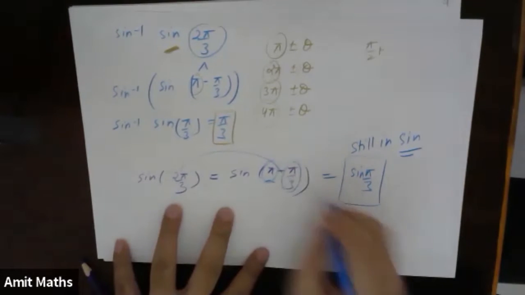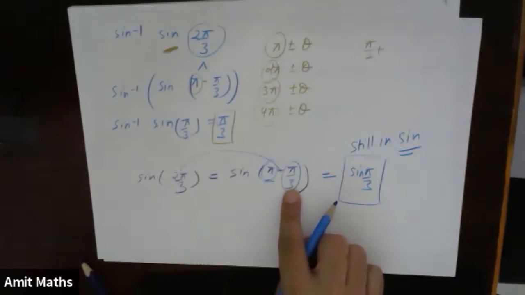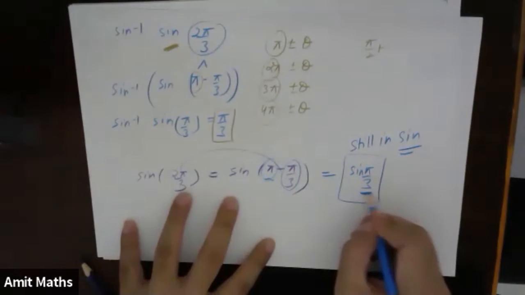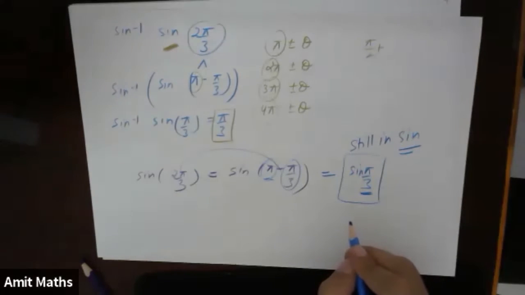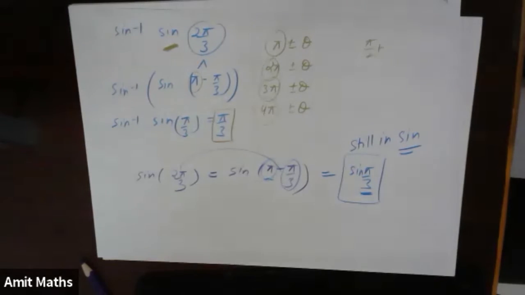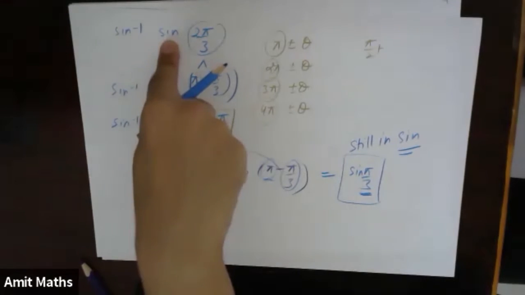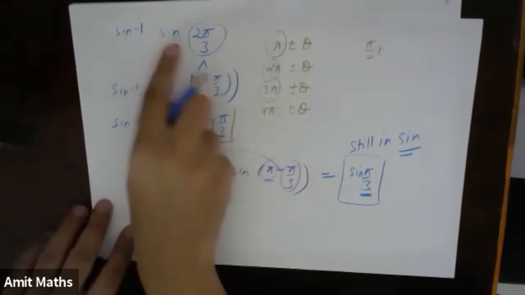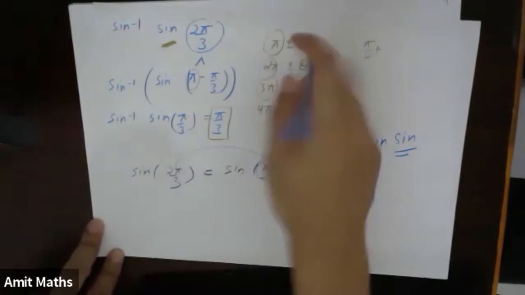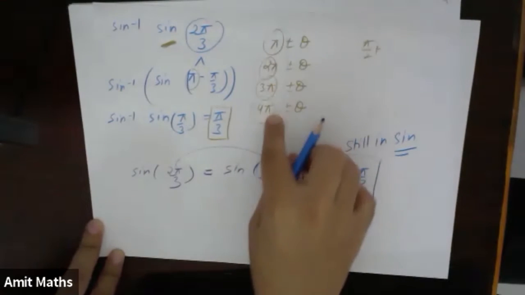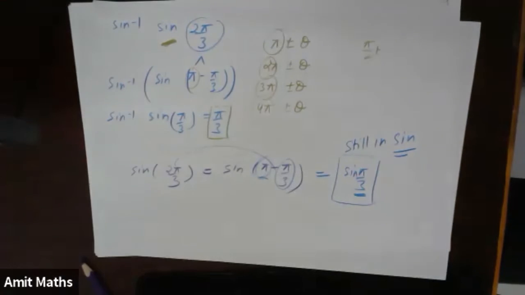Also, now this pi by 3 is in the principal angle range. So now this becomes sine of pi by 3, right? And if we use pi by 2, then it will change its ratio. Understood? Now suppose it was sine inverse of cos of something, then instead of pi, 2 pi, 3 pi, what will I use? I will use pi by 2, 3 pi by 2, 5 pi by 2, 7 pi by 2 and so on. That is, 90, 270 and so on angles.